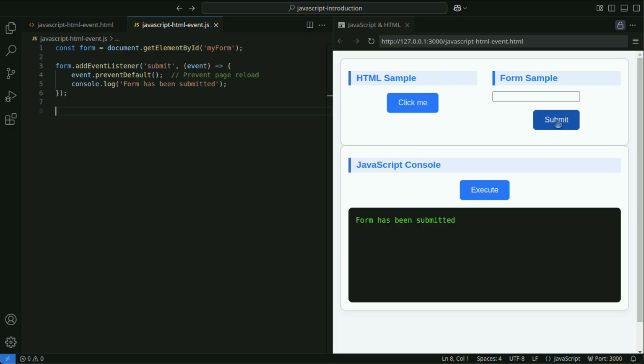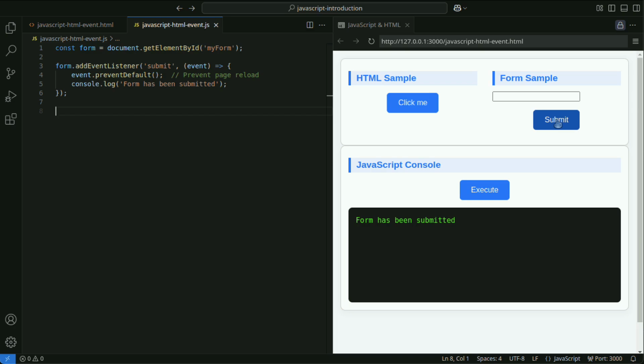Events propagate through two stages: the capturing phase, which travels from the parent elements to the child elements, and the bubbling phase, which travels from the child elements to the parent elements. By default, events occur at the innermost element and propagate outward.